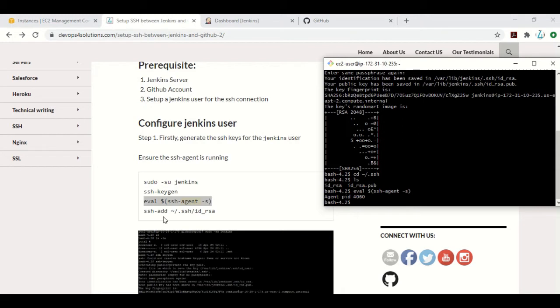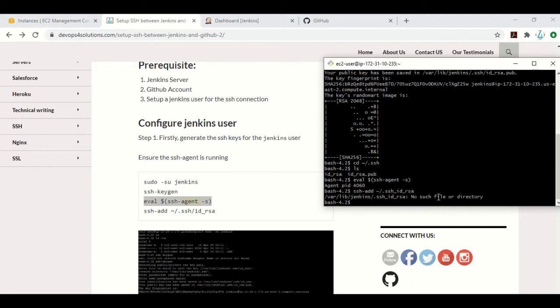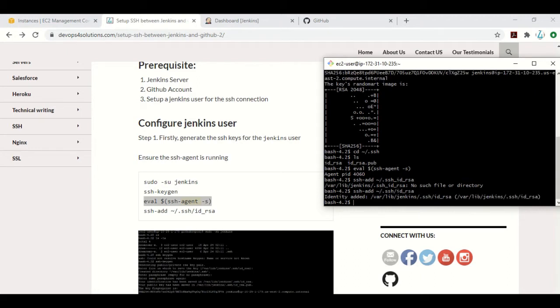So this ensures that SSH agent is running. And then last thing you have to do is ssh-add. Okay, my mistake. So let me just correct it. Yeah. So it says that identity added. So we have done the configuration.